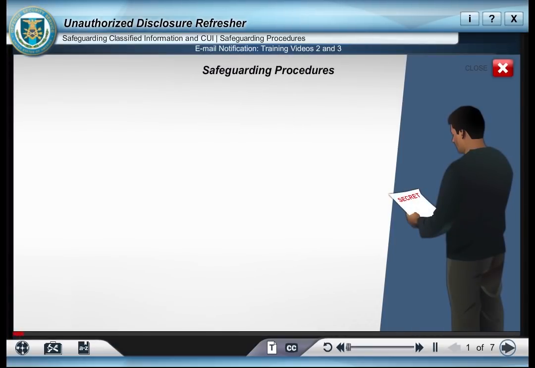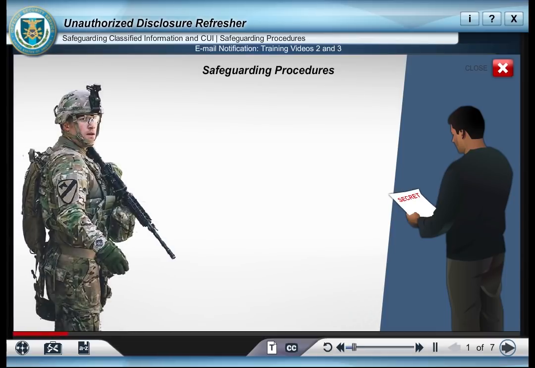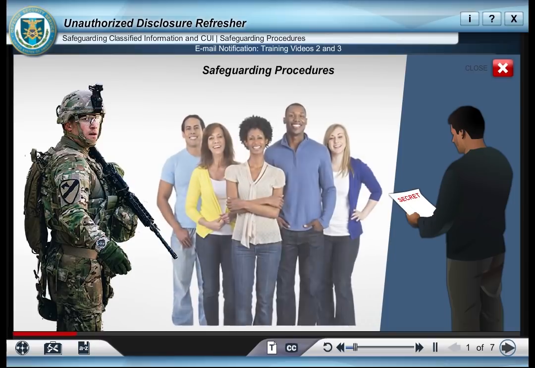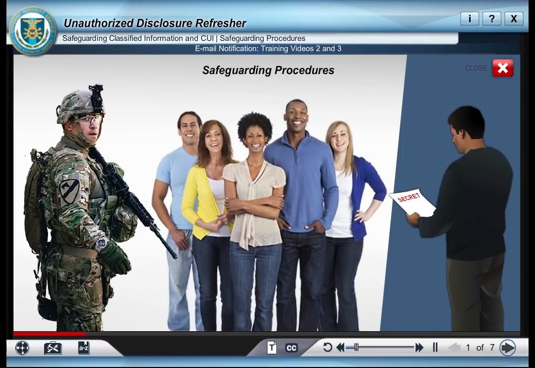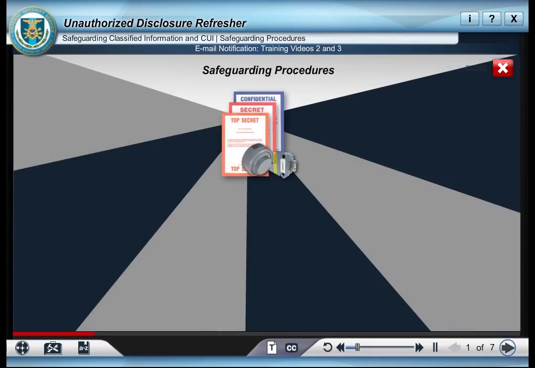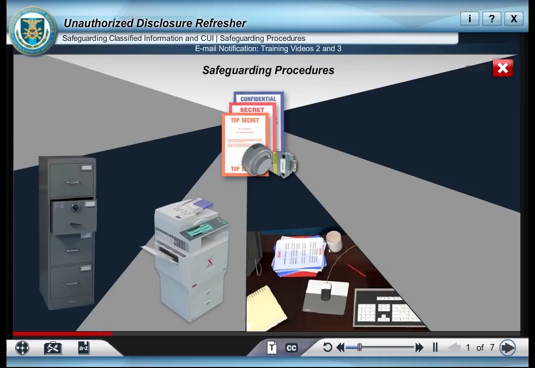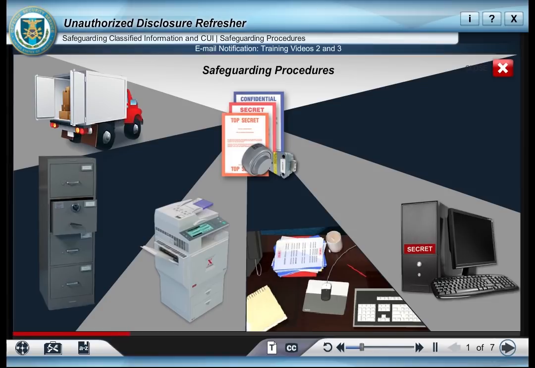If you have been granted access to classified national security information, or NSI, then you probably already know how important it is for you to safeguard that information. Doing so protects our soldiers in the field and our security at home. In order to safeguard NSI, you must follow all rules for storage, handling, reproduction, transmission and transportation, information system use,